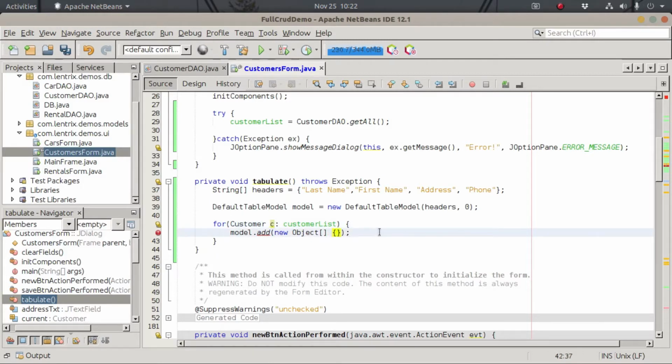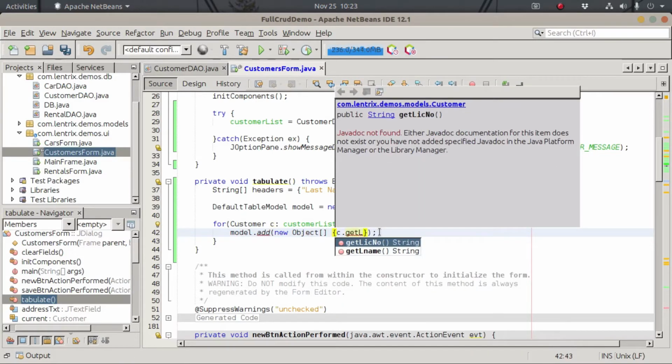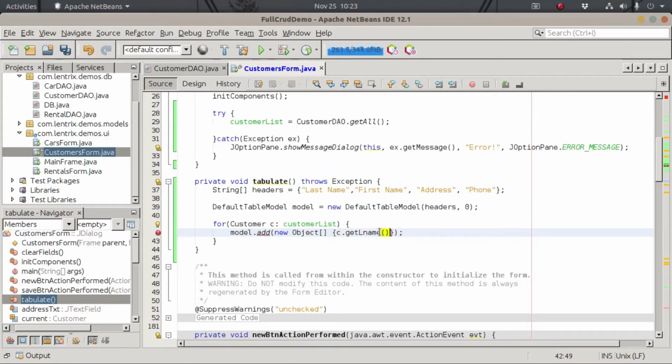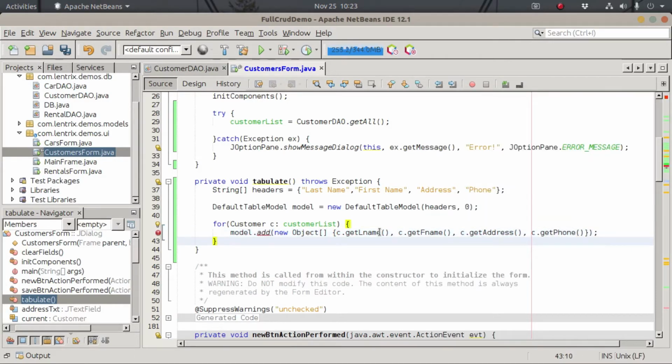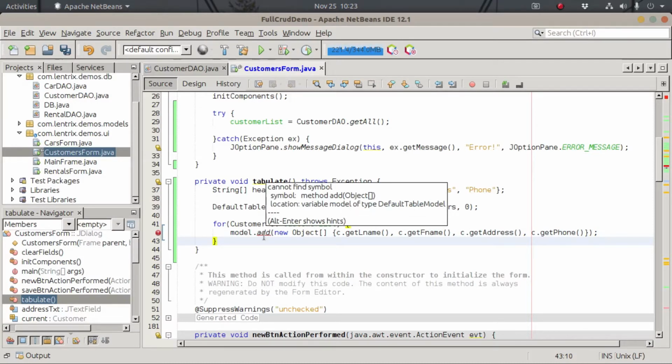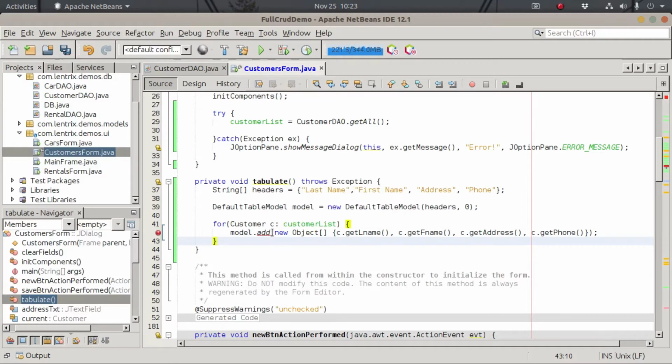So here we're gonna call c.getLastName for the first data, then c.getFName, and then c.getAddress, and c.getPhone. Okay, what's wrong with this one? This should be addRow. Okay,